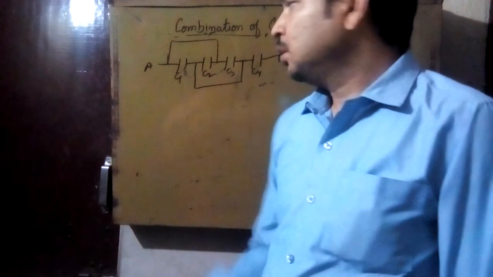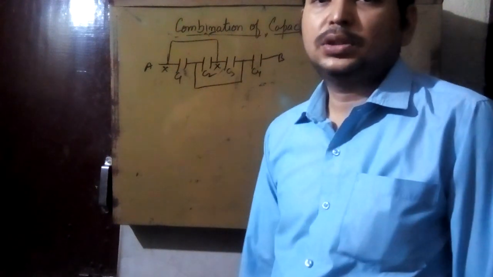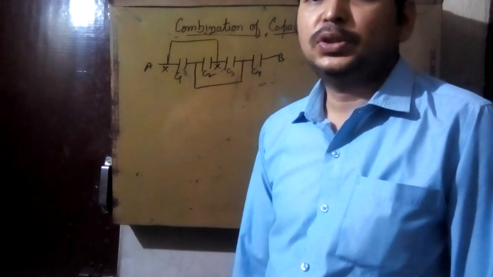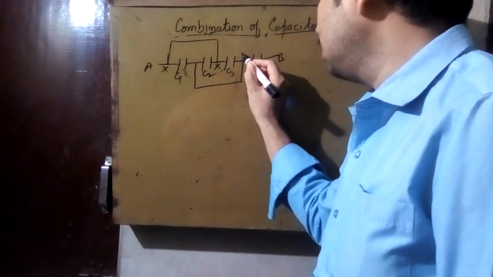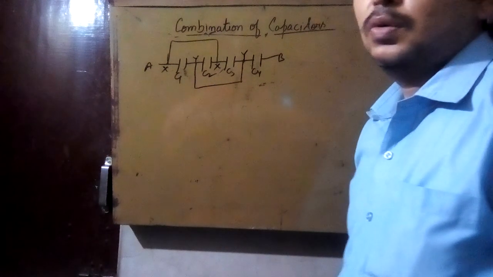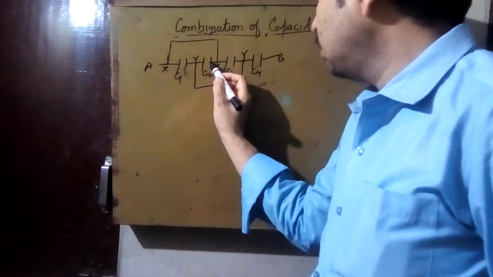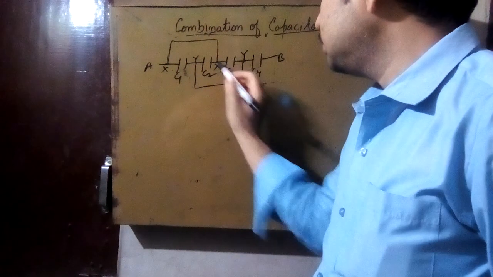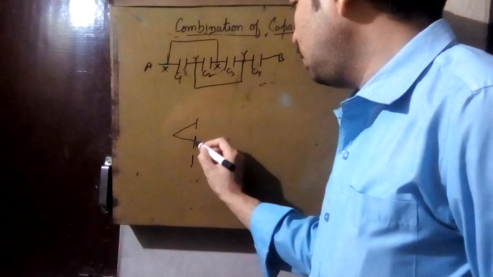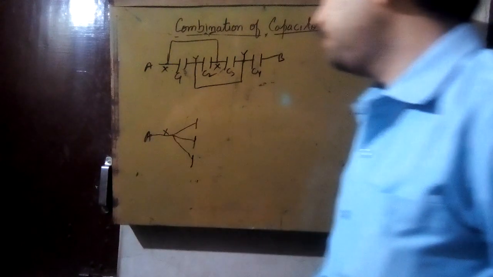This means both points you can consider to be the same point, because there is no potential difference between the two points, as the wire has negligible resistance. And this point is, suppose, Y, so the point connected to the other end of the wire will also be Y. Now you can see, students, that one plate of C1 is connected to X, one plate of C2 is connected to X, one plate of C3 is connected to X. Means one plate of each is connected to point X, and this is ultimately point A.